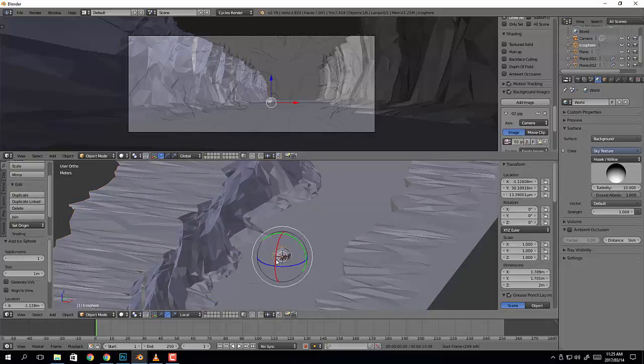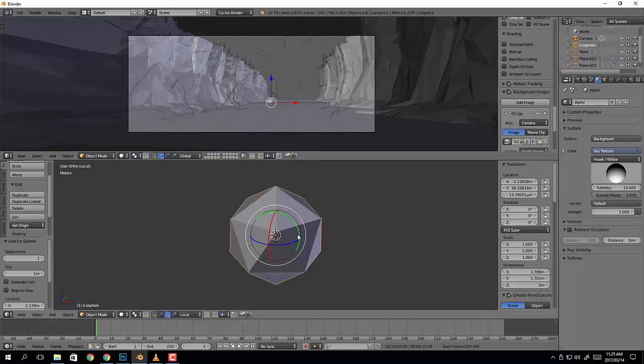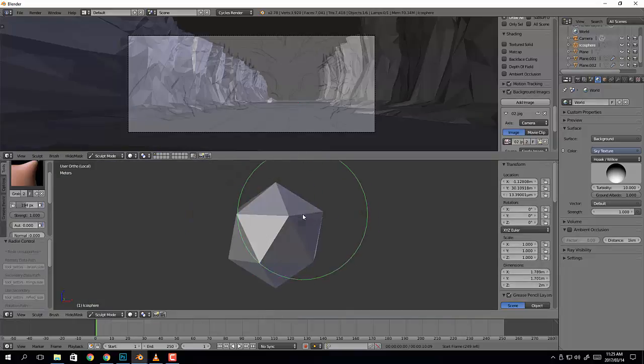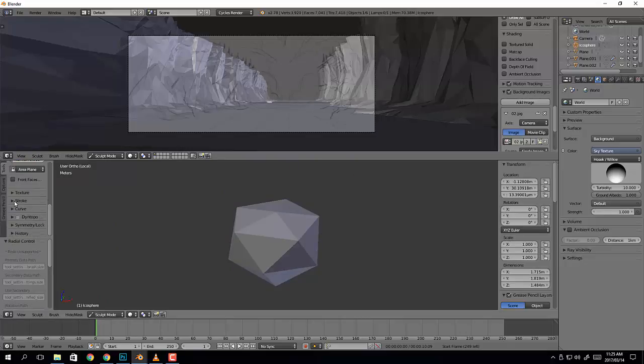and just drop its subdivision so it's quite low. And then I'm literally just going to try and